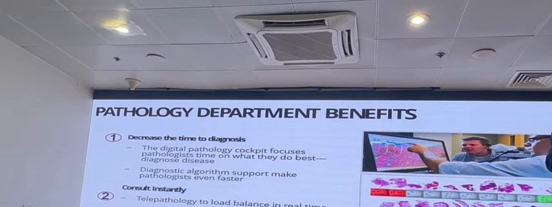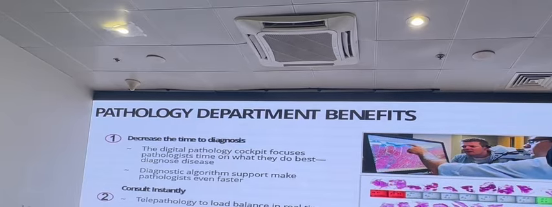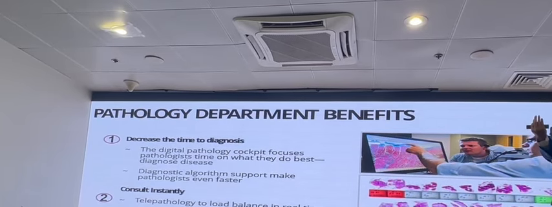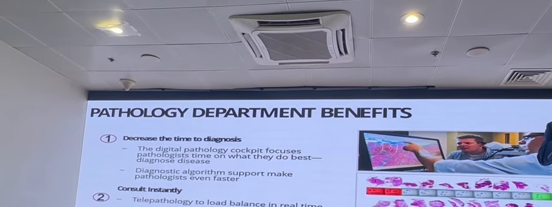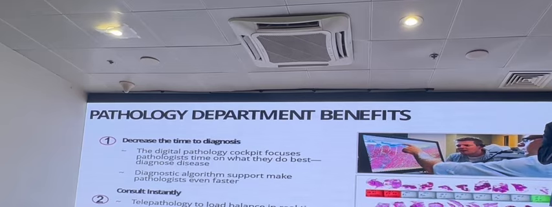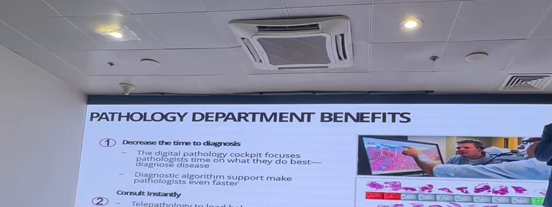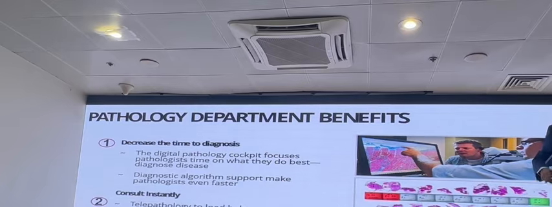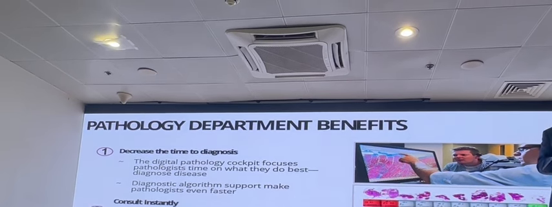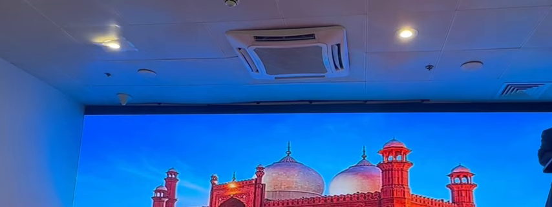So for me as an academic pathologist, I like the fact that I can see cases from anywhere. I don't get paid for them personally. In fact, we do a lot of volunteer work for countries and we look at the cases. Dr. Talak keeps sending me consult cases on my iPhone using WhatsApp. So again,